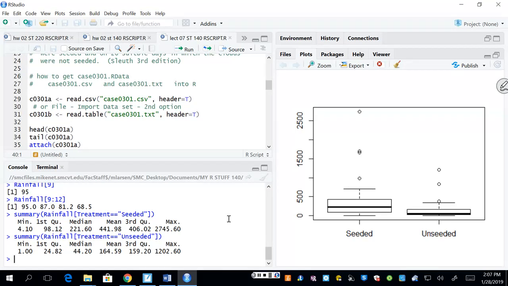Yes? The median's a lot higher than the seeded clouds. Yeah, the median's 5 times as high, basically. And the mean is much higher, right? The quantiles are a lot higher. So the 24 versus 98, the first quartiles, the third quartiles are higher. So all those distribution points are up,